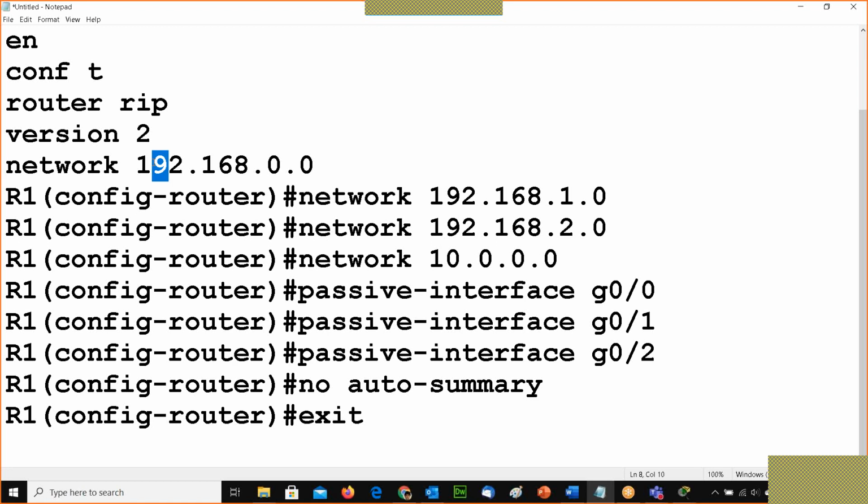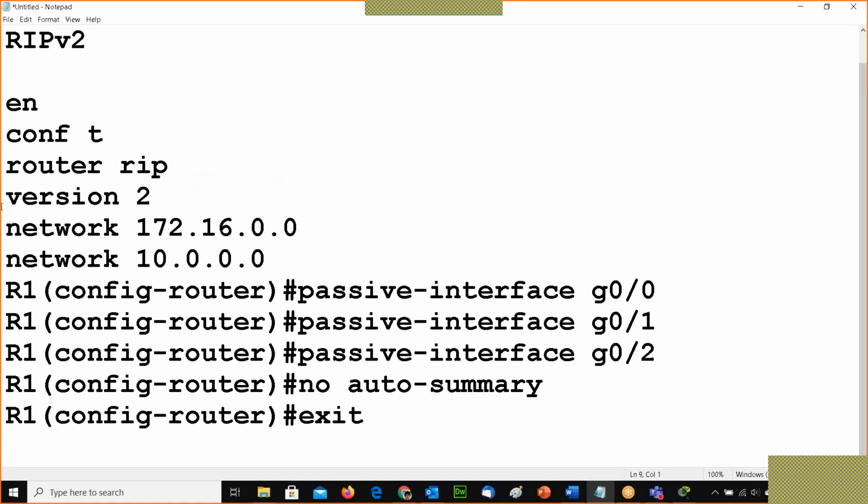So here, instead of writing 172.16.0.0, 1.0, 2.0, I can write just this, because this is the original network and the others are subnetted.